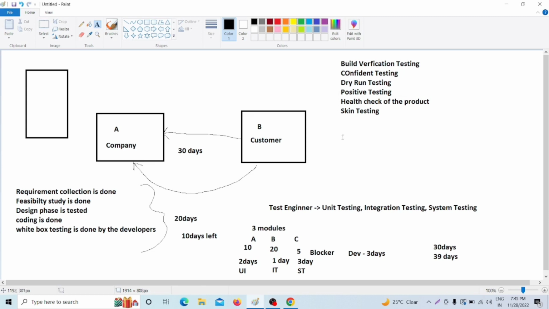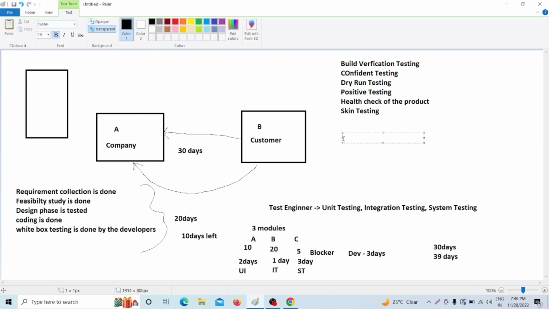So what are the benefits? If we are doing smoke testing and ensuring that the basic and critical features of an application are working perfectly fine or not, then we can go for component testing or unit testing or integration testing or system testing. So the main benefit of smoke testing is that we check the basic and critical features of an application. So we don't directly go for unit testing, integration testing and system testing also, because